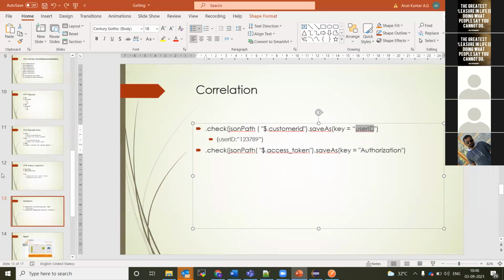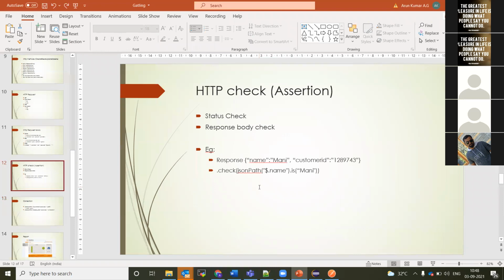Before slide, please. See, now what we are trying to do: this is the response you got, name equal to money. For example, I requested the idli. The server comes back and says, your idli is ready, take it. Now this is my response. But I need to validate whether I got idli or dosa. That is what this check is trying to do.